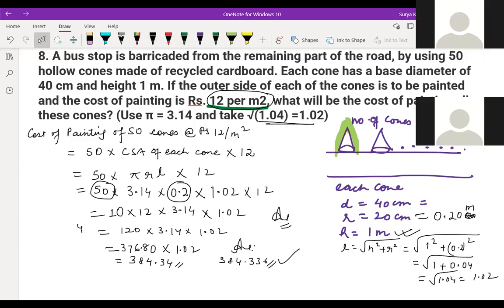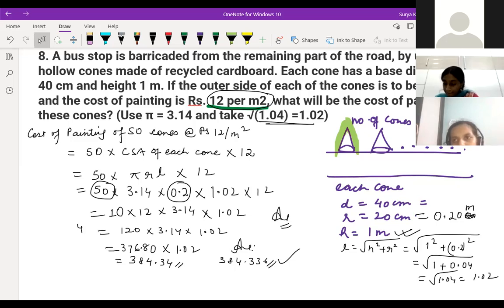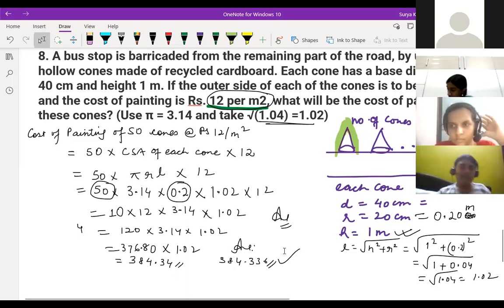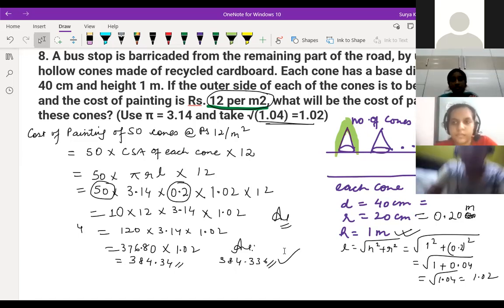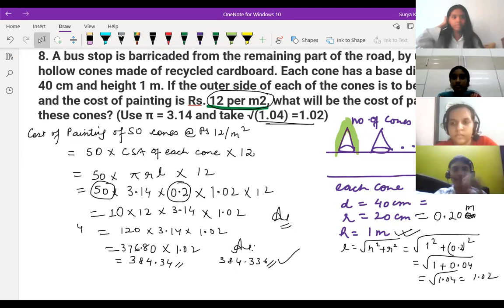Shriyanvi, Ashini, Sai Ritvik, Sahil. All of you people are off the cameras. What happened to you people suddenly? Ashini, why are you closing the camera again and again? Shriyanvi, what are you doing there? You are getting everything, Shriyanvi. No doubts in any steps. No doubts, sir.